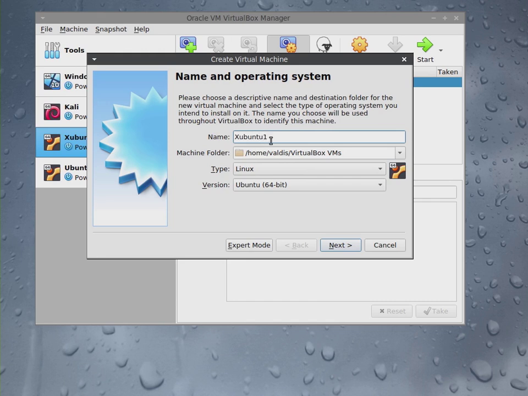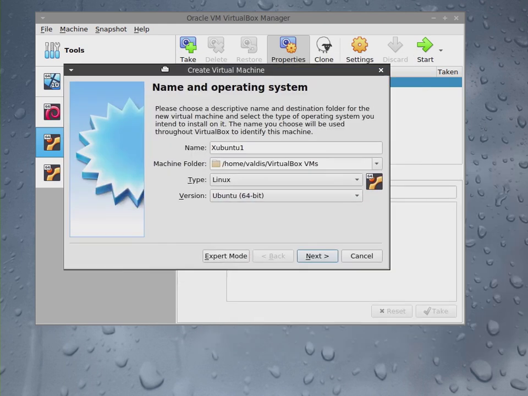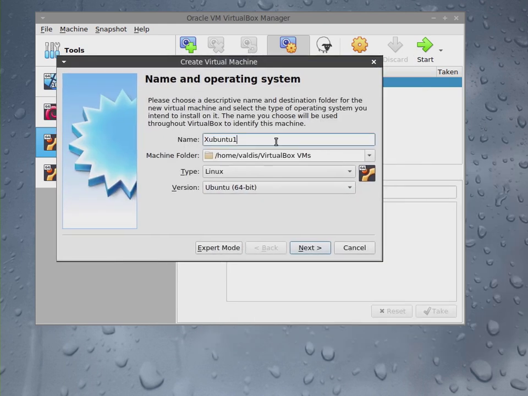I will call it this one because here I already have such a name, and hopefully it already understands the type of this operating system is Linux, version Ubuntu based 64-bit, and here